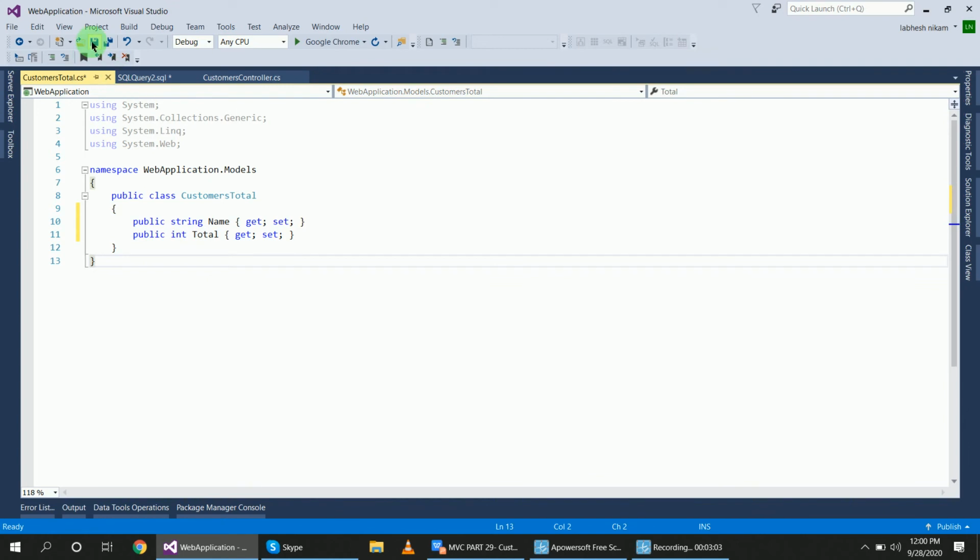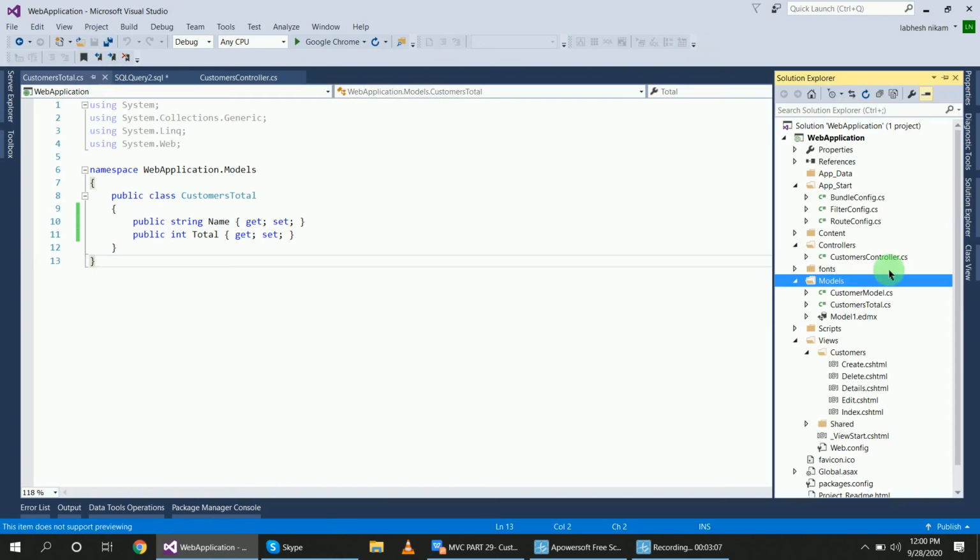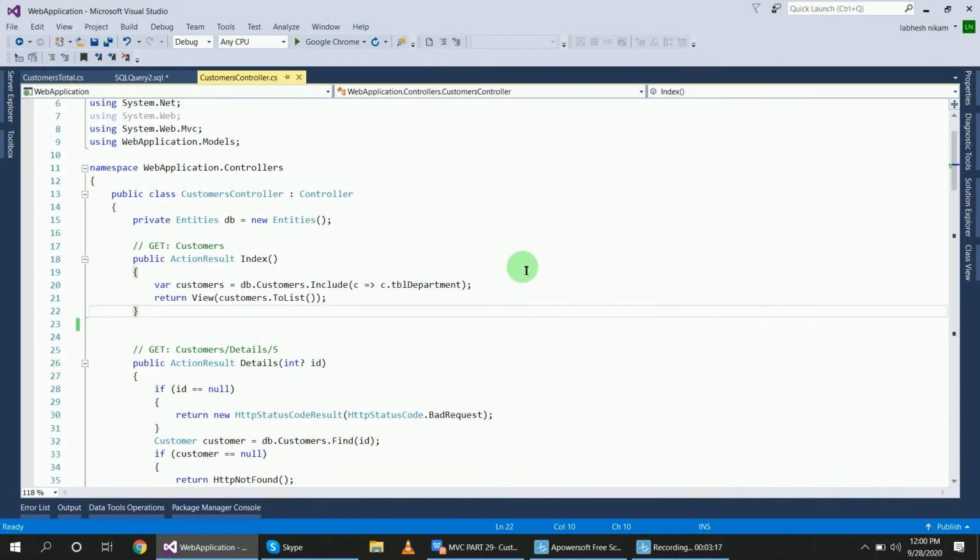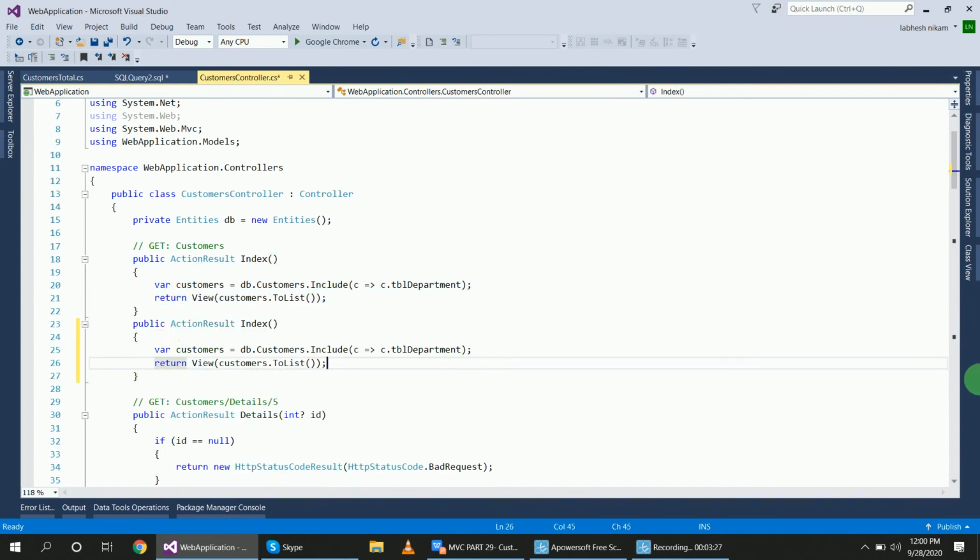This class is generated. Now I will create a method in the customer controller. This is my customer controller. Same as the index method, I will create another method, but with a different name, CustomerByTotal.